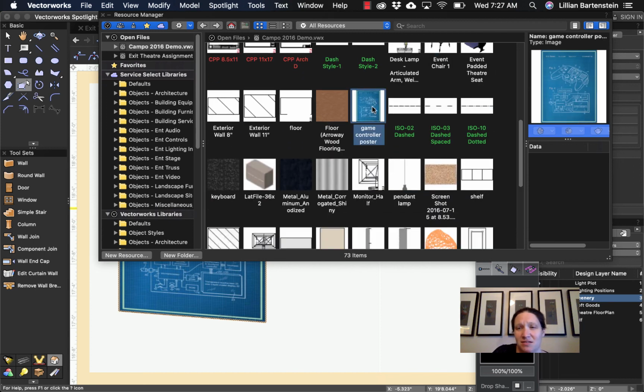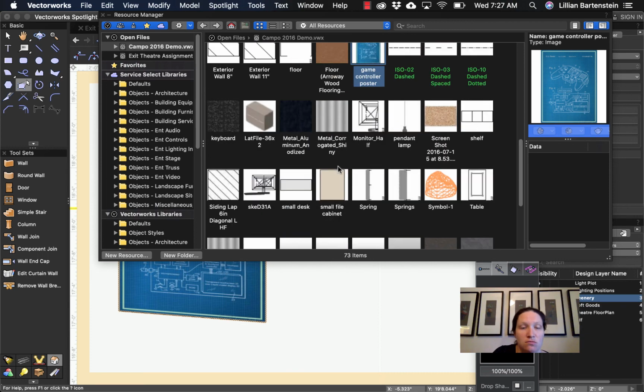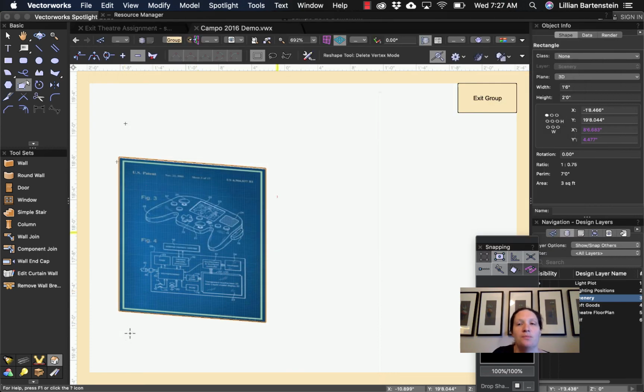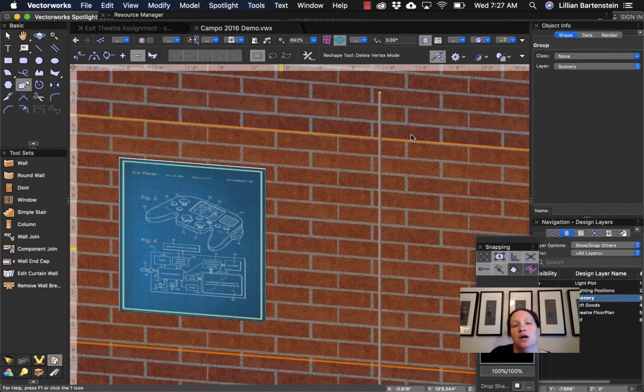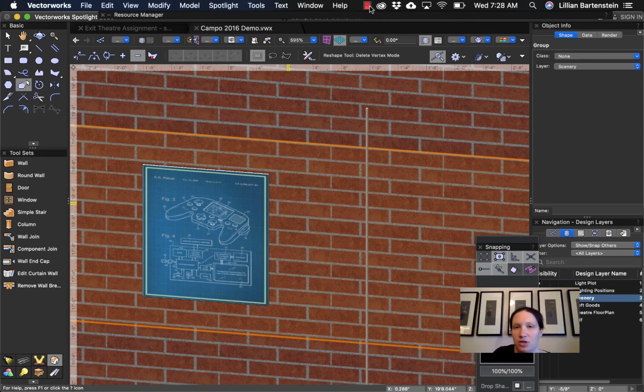So that's like this game controller poster, type, image, it's just attached to the wall. And we can talk about that if that's something you want to try and do. I can help you figure out how to do that stuff as well. But it's not, in fact, a texture on a 3D object. We're going to exit this group. Okay, so now I have render textures on wall and floor, and I'm going to come back with another video to help you plate these objects into